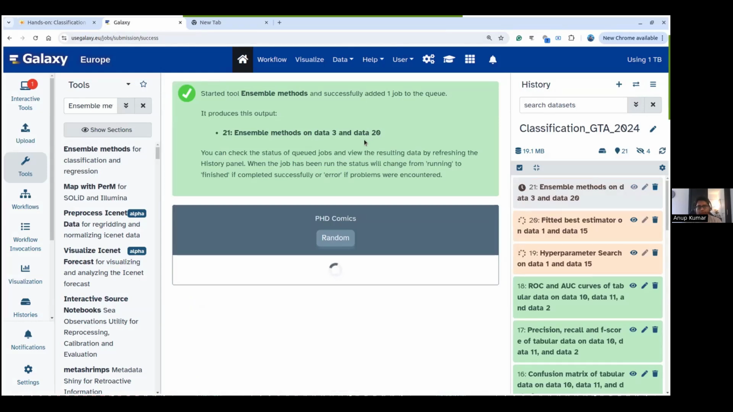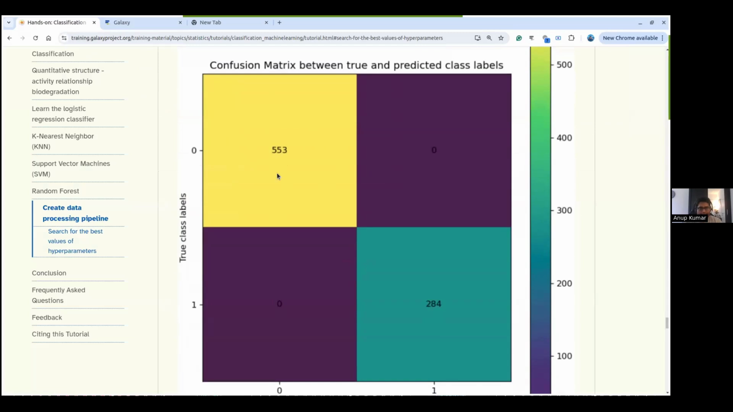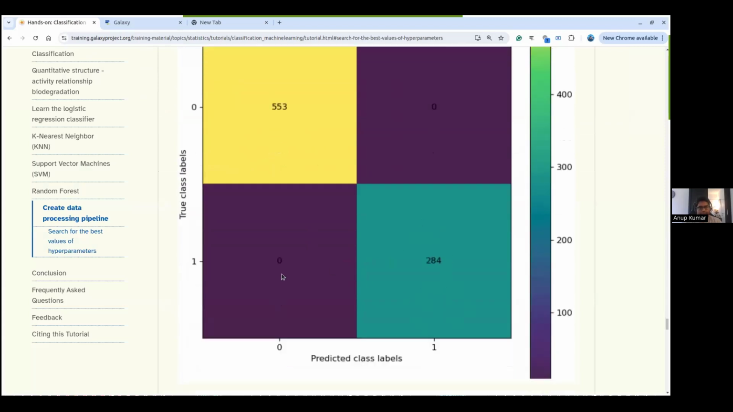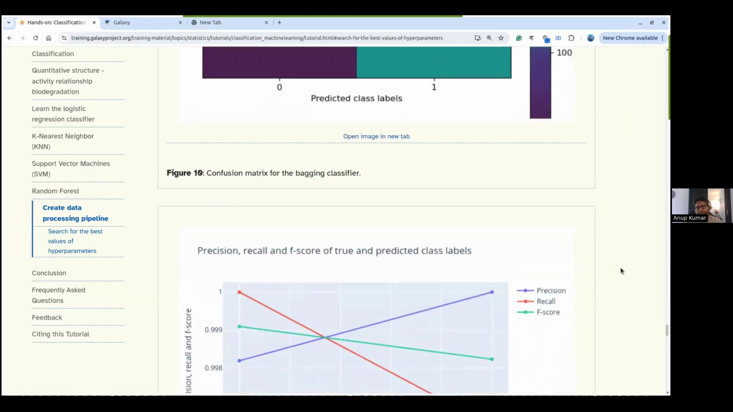We can also evaluate the performance of this ensemble method after hyperparameter search by using the same plotting tool, plot confusion matrix. So when we use that tool, we see that all of the data in the test set has been predicted correctly. So 553 for class 0 and 284 for class 1. And none of them are predicted incorrectly, which says that ensemble models learn very well on a dataset compared